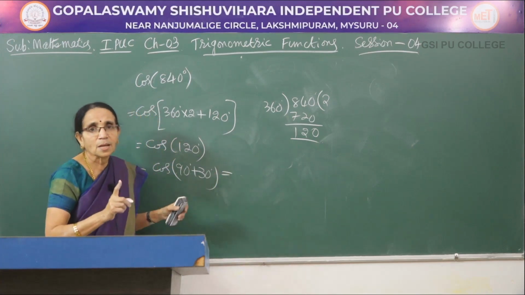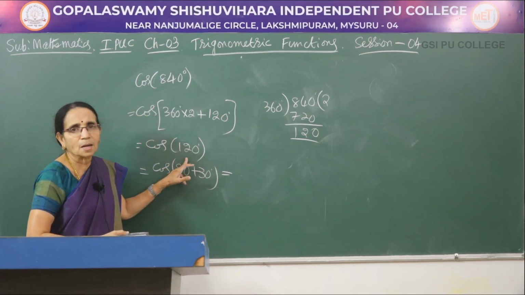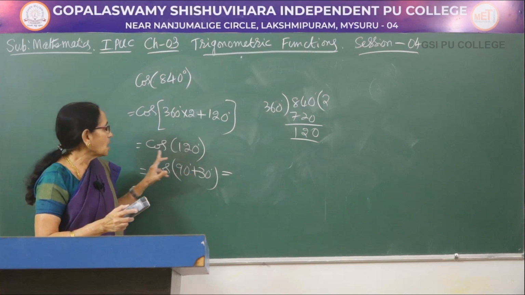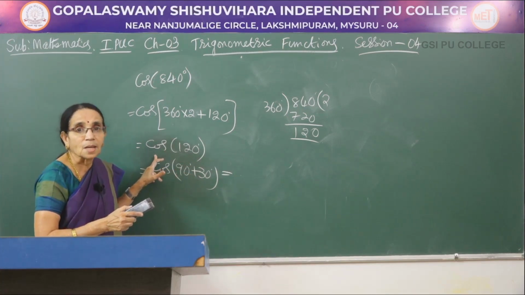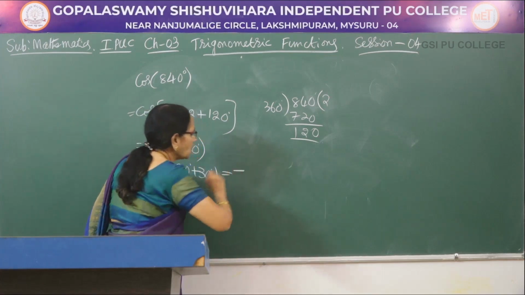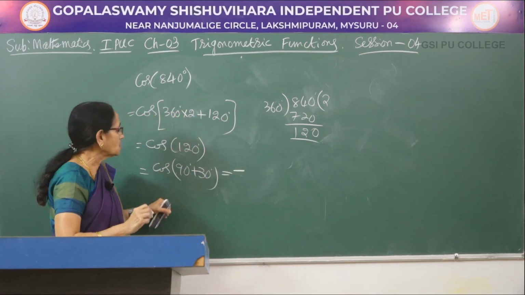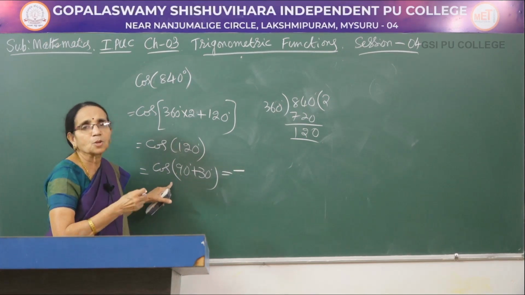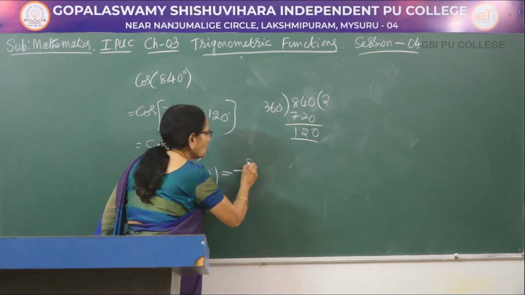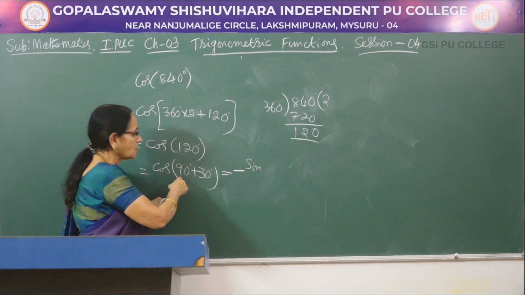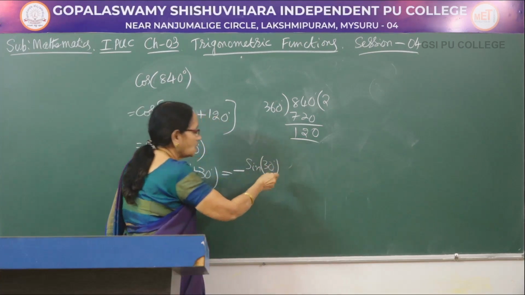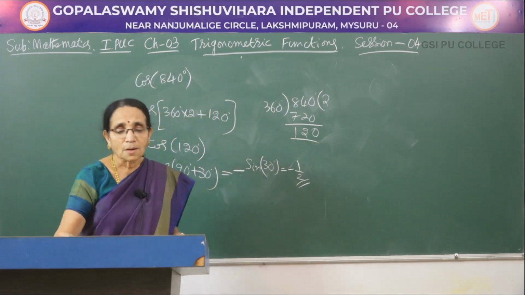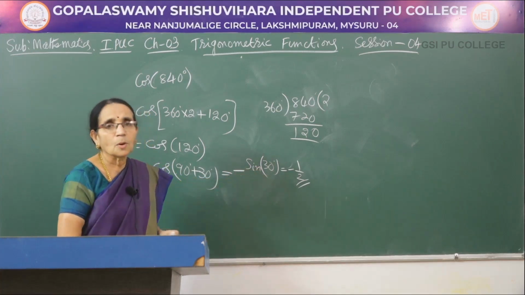Now to decide about the sign, plus or minus, look at the angle, look at the ratio. Now the angle is 120, that is, it is in the second quadrant, and the ratio is cosine. Cos is negative in the second quadrant, so first write minus. So the sign part is over, you need not worry. Now because I am expressing it as 90 plus 30, cos would be changed to its co-function. For cos, what is the co-function? It is sine, and omit this number 90, write it as 30. And 30 is a standard value, so you can write it is minus half. So the cos of 840 has got the value minus half.